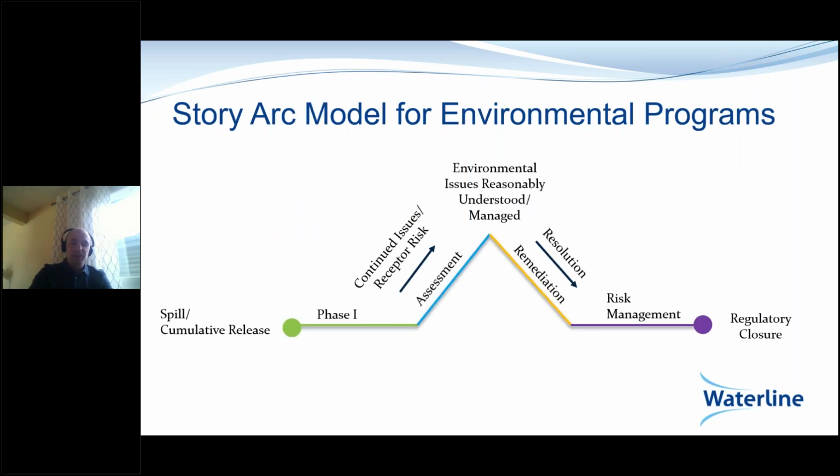So I thought it'd be kind of fun to try to propose my own story arc for environmental investigations. In the most generic form, you have your spill and cumulative release, your phase one, which is like a background review. From that phase one, you start to understand there may be some issues that need to be addressed, so let's actually collect some data at the site, the assessment phase,